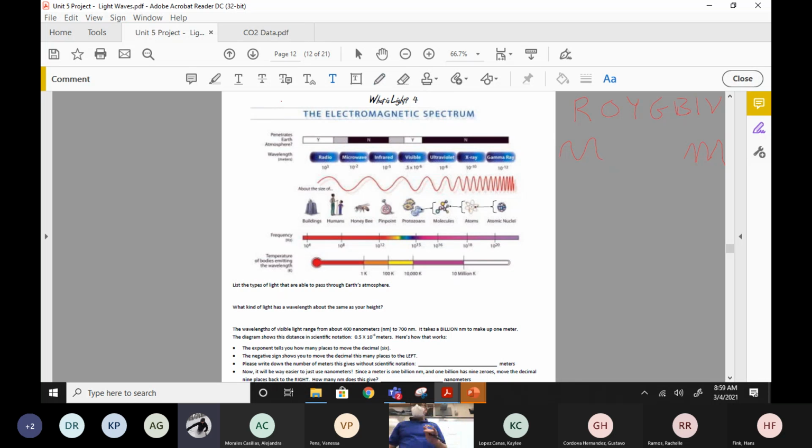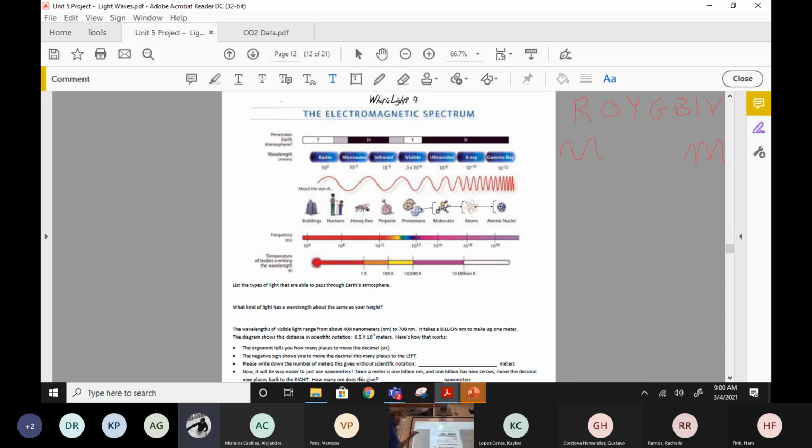Now let's move to the entire electromagnetic spectrum. Can you list the 7 kinds of light in order from the electromagnetic spectrum? I gave you a reminder yesterday that visible light is where, on that list of 7? Exactly in the middle. And how many have less energy than visible? 3. How many have more energy than visible? 3.